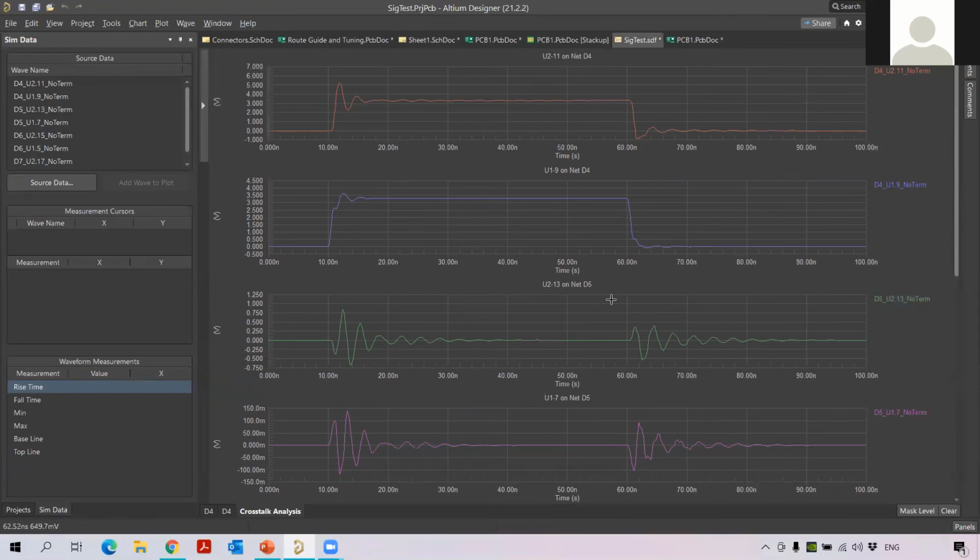But when you see the parallel net, D5 is the parallel net for D4, which is close to the D4 net. You will see how the crosstalk is occurring for the D5 net. This is the D5 net at the U2 component, and you see the same D5 at the U1 component from the source side. So it is highly affected.